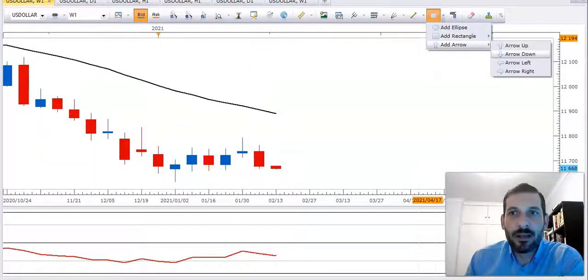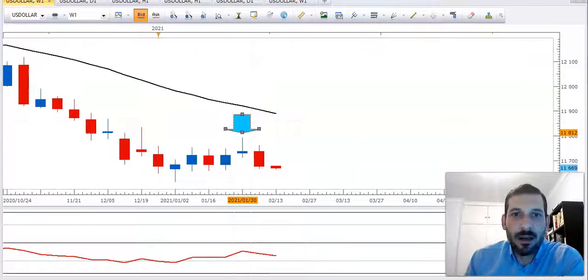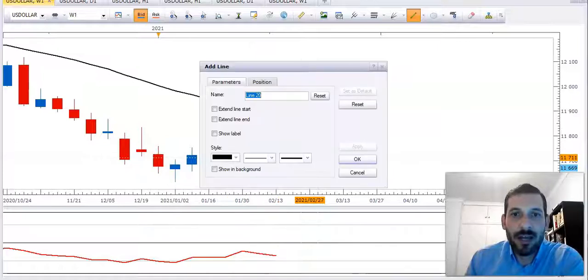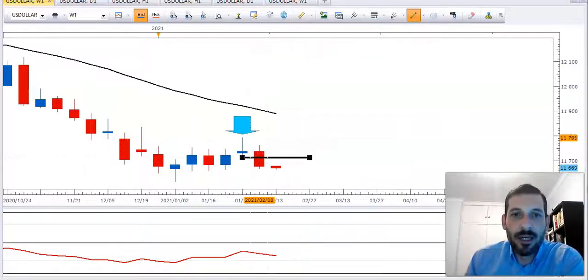What we want to do is just zoom in to this area over here, and I want to point out that this candle over here, which looks like a gravestone doji, does have the highest high in at least a 3-candle cluster. So the candle to the left has a lower high, the candle to the right has a lower high, and then last week's candle, I beg your pardon, closed below that reference candle's low. So the criteria for a swing is in place,